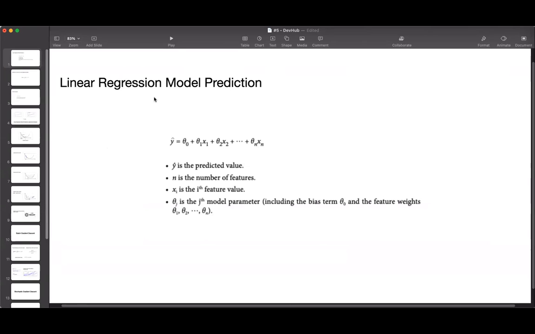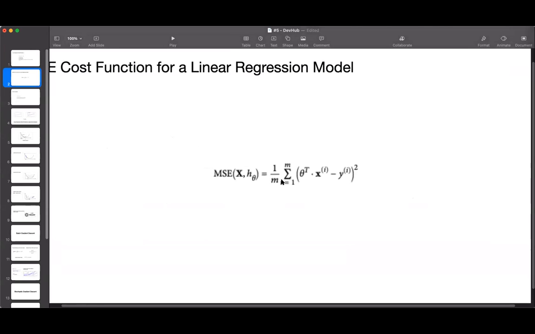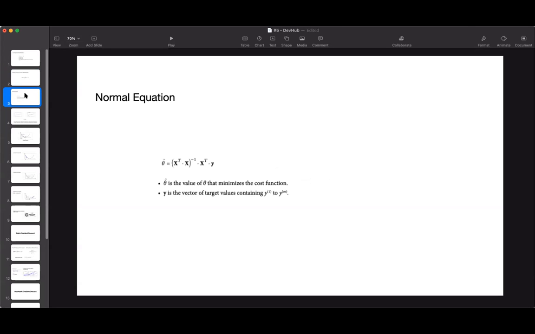You don't need to go much deeper into that. This one is the MSE cost function for a linear regression model, which you saw. This is in some other expression, with theta terms only. So here it is 1 by m, then summation of theta transpose dot x i, the ith x value, minus y i, the ith y value, and whole square. So this is the mean square error function, in a different form, nothing else. It's the same thing only. This is the vectorized form.